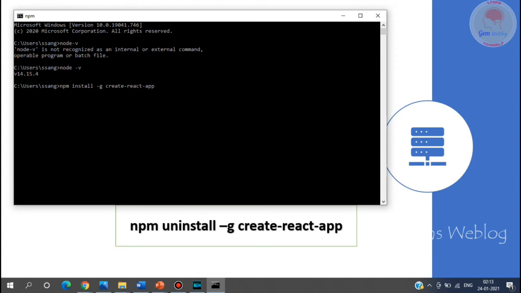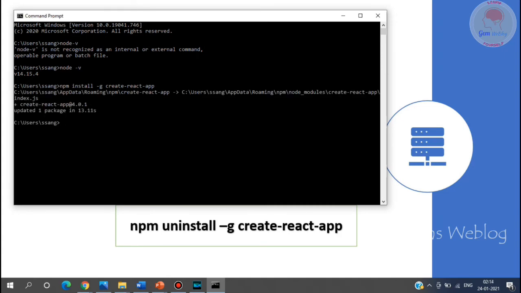It will take some time to install on your system. Now the npm install -g create-react-app is completed. I already installed create-react-app, so it was updated with one package.